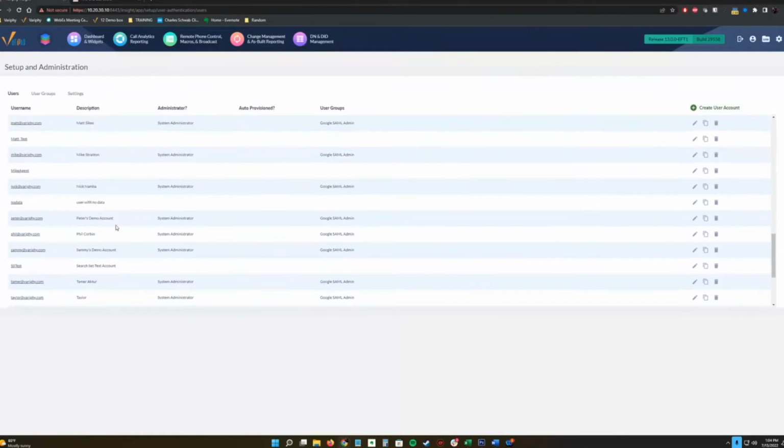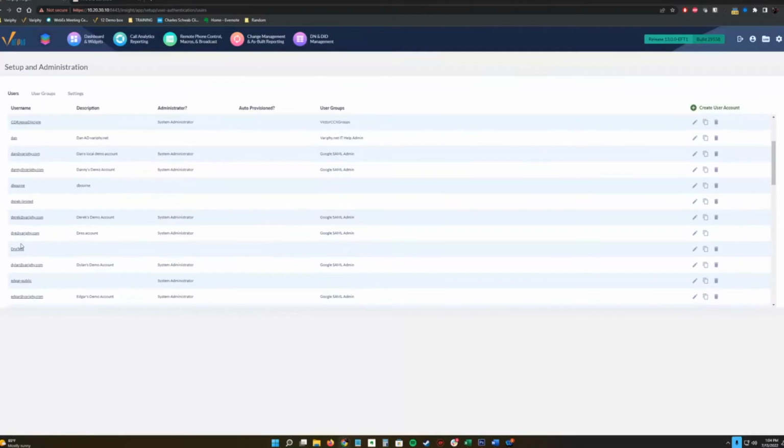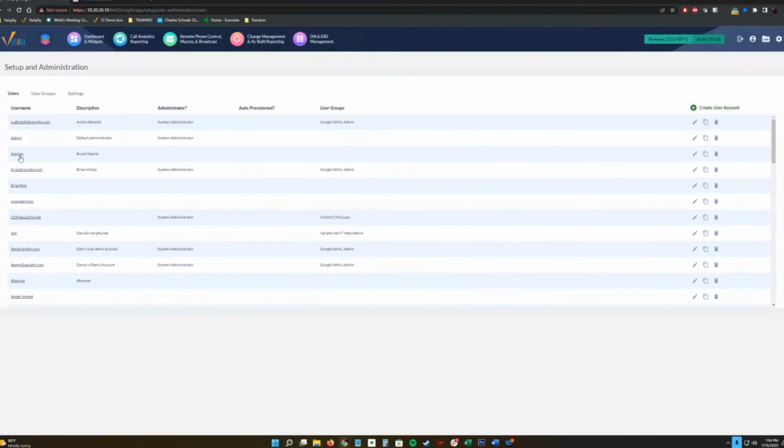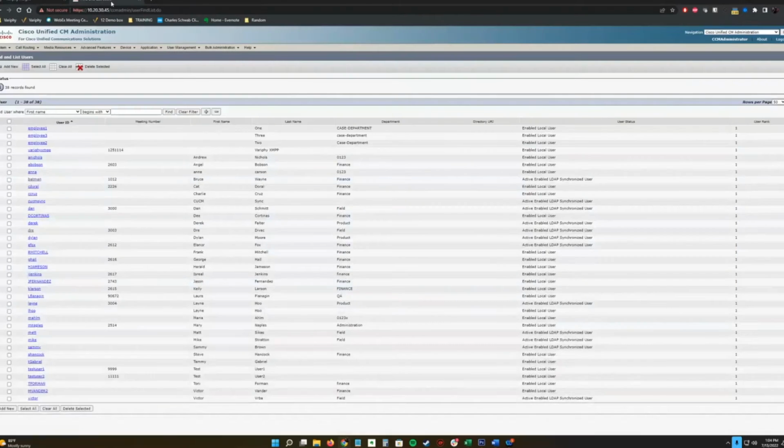So we have some accounts in here, just some random stuff. I did make an account for today. What we're going to call is Dre Test. So one thing we do want to talk about is the CCM and user configs. This username needs to match what you have inside of the end user for Call Manager. So I know we have one called Batman here. So we have username Batman. If we go over to our Call Manager, we head over to user management, end user, we have one called Batman.